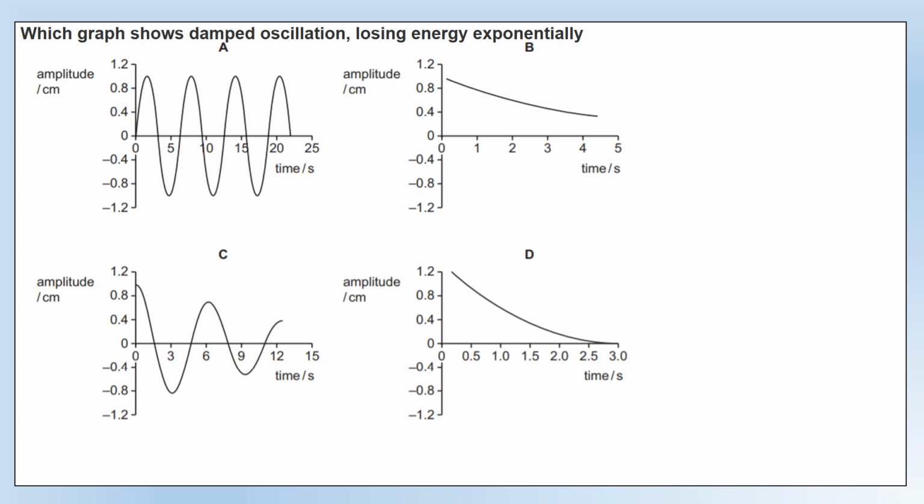Okay, so we've got some graphs. What we want here is what the amplitude would look like over a period of time. So we have to remember that amplitude is max displacement. So amplitude is always going to be a positive number. And essentially, if we're in a damped system, what we'd expect is that it would essentially slow